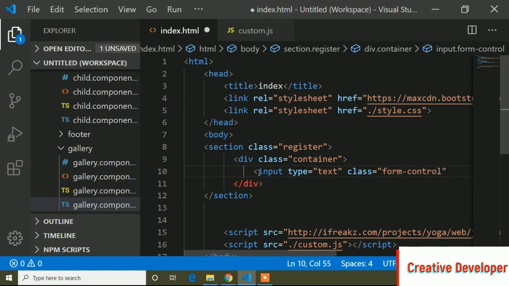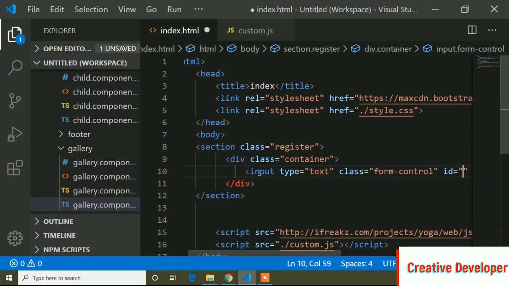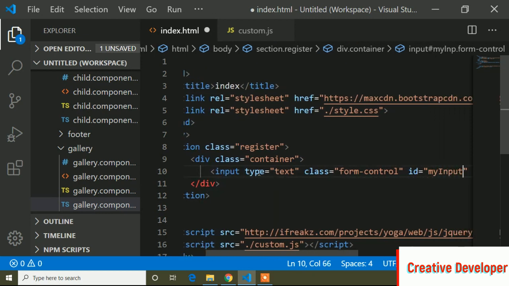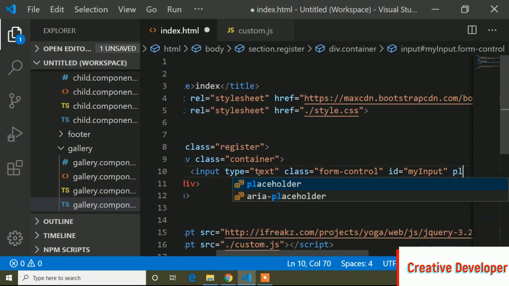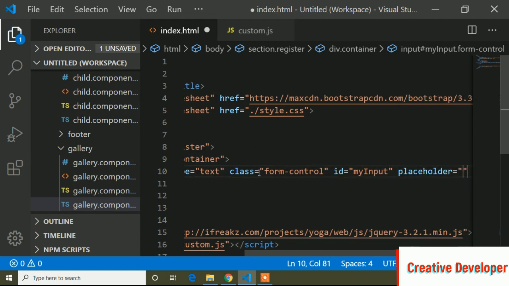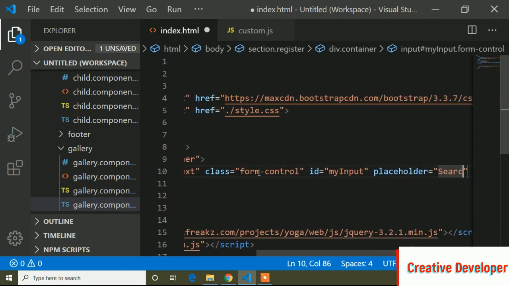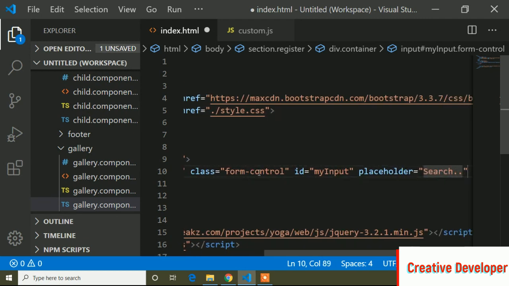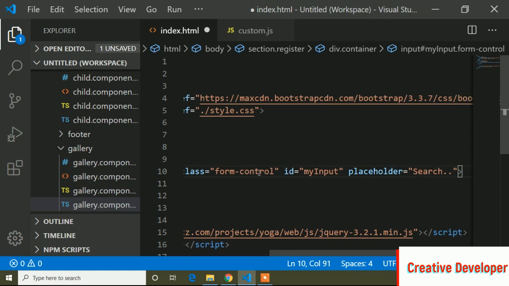And I will write an ID, the ID is my input, and a placeholder search. So if I save and go to the browser and refresh, you can see it's a search.